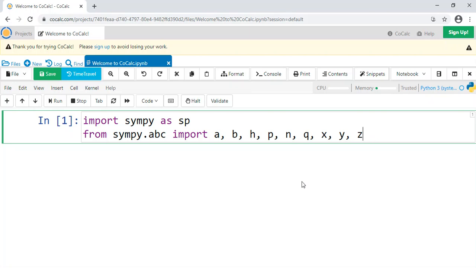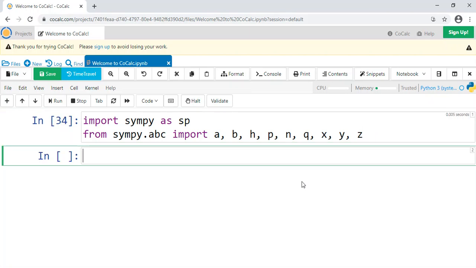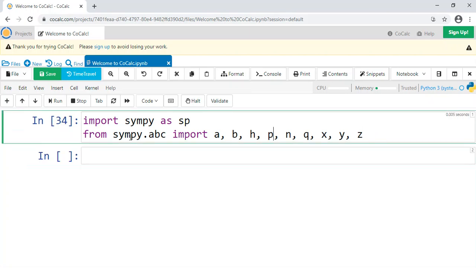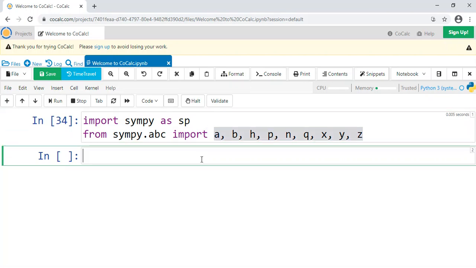We can do more if we need them, but I think that should be fine for this tutorial, and I'm just going to rerun this. Okay, and so now we've got a bunch of symbols at the ready.